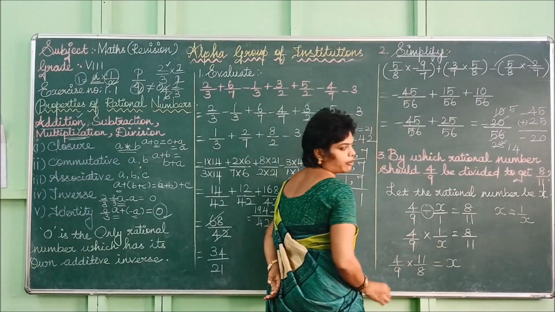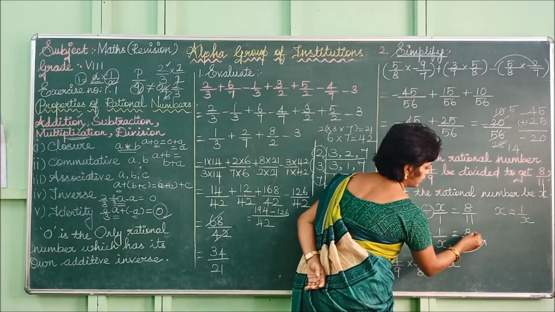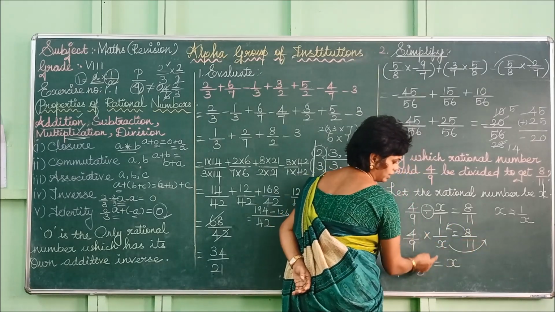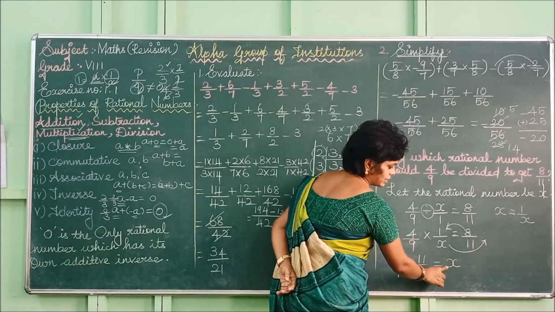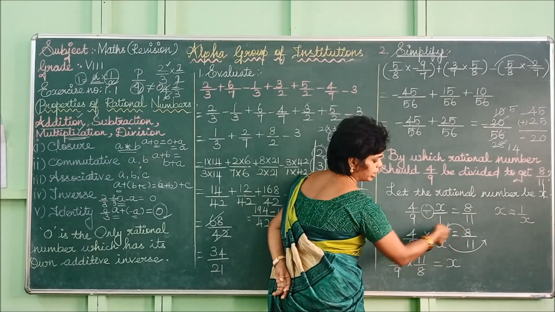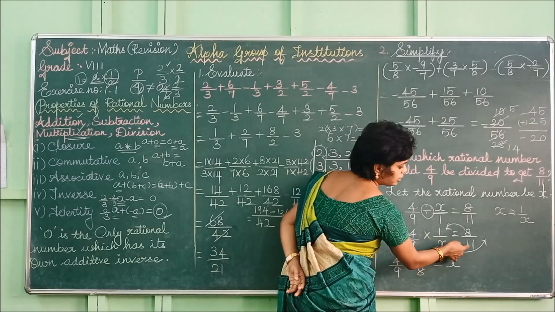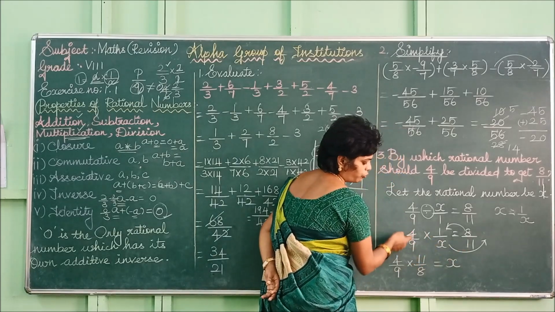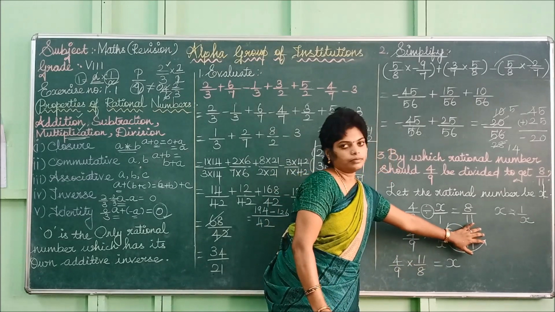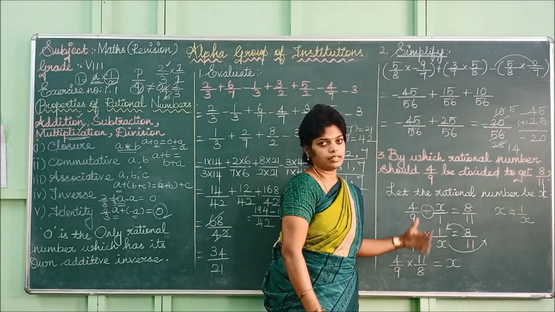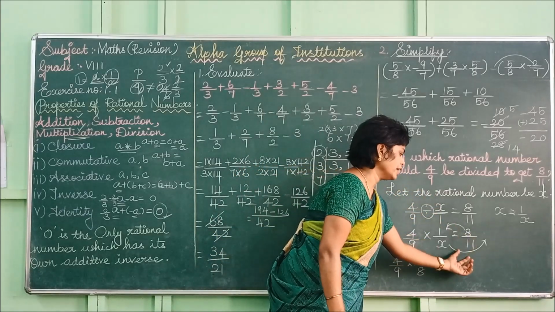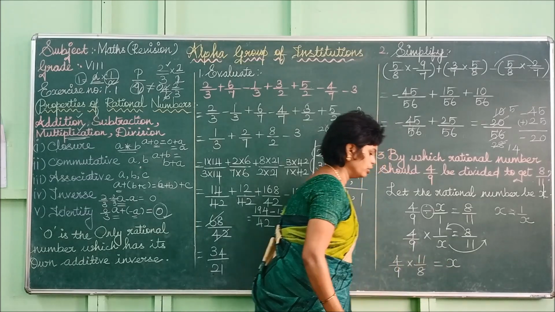So we need only the value of x. So you can take this x to this side, and this 8 by 11 to this side. So division goes to the numerator. This denominator goes to the numerator as x. This 8 by 11 can be written as, here this is the numerator. Numerator comes to this side as a denominator. 4 by 9 will be as it is. Put the multiplication symbol. This value comes to the left hand side, so it gets reciprocal. That means numerator comes to denominator, denominator goes to numerator. 8 by 11 can be rewritten as 11 by 8, which is equal to x.